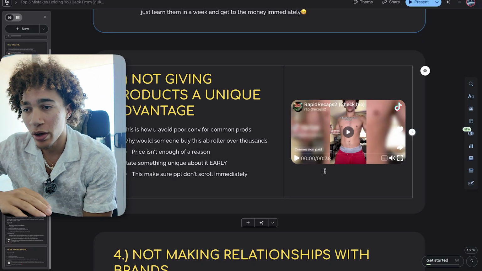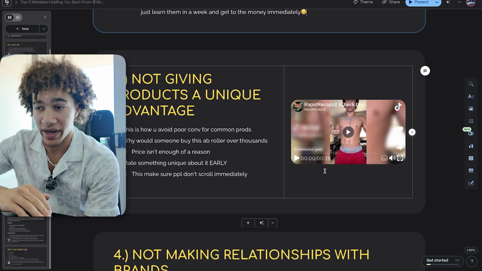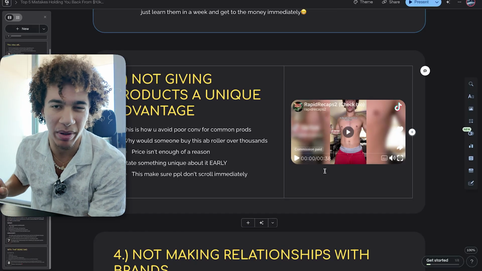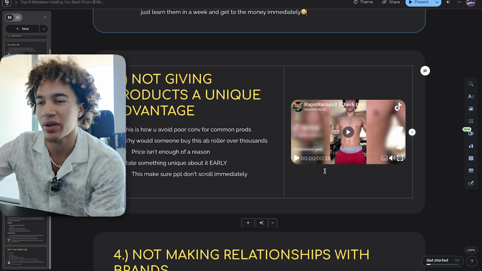Okay, so this is how you avoid poor conversions for common products, and why someone would buy, for example, this ab roller over thousands of other ab rollers, because price isn't enough, right? Just because something is cheaper doesn't mean that people are just going to buy it immediately, right? It needs to add some sort of new value to someone's life, and so this is a really